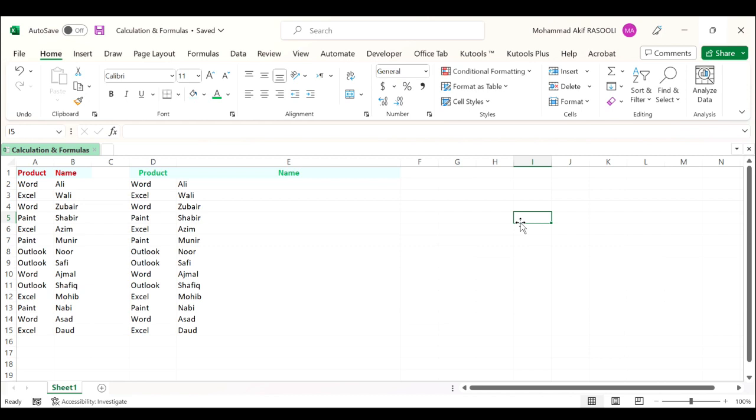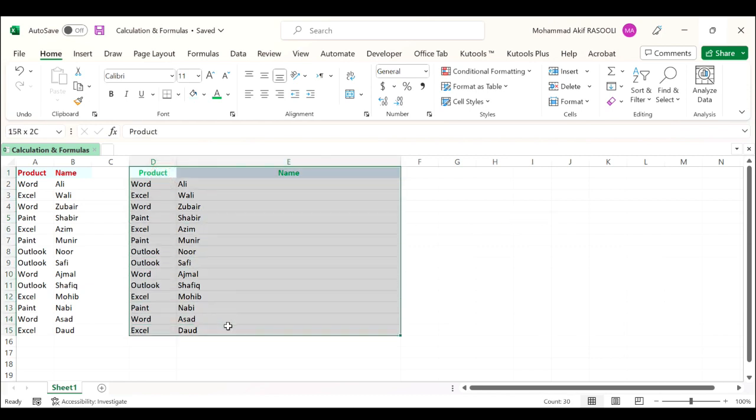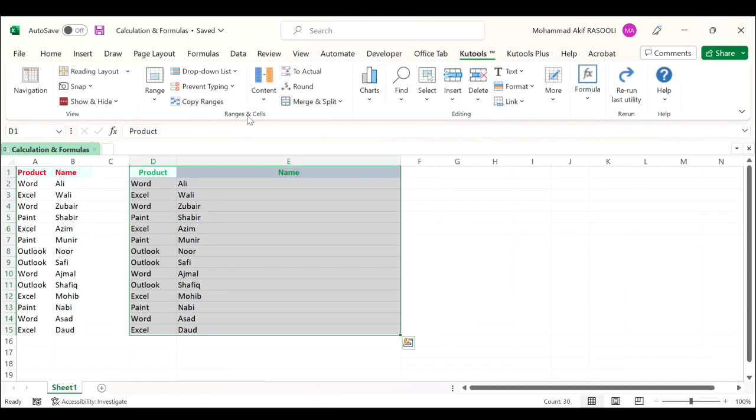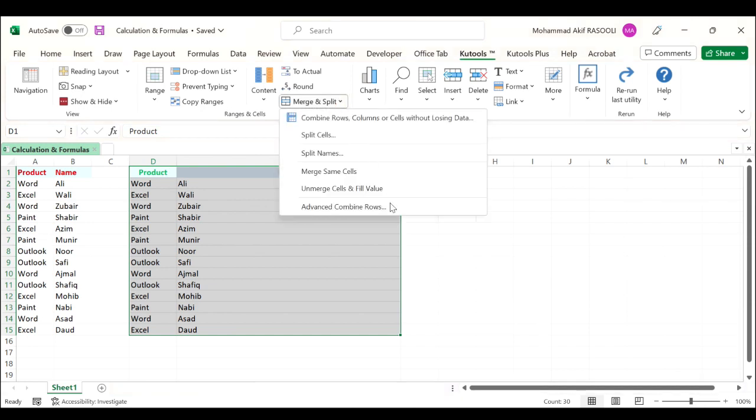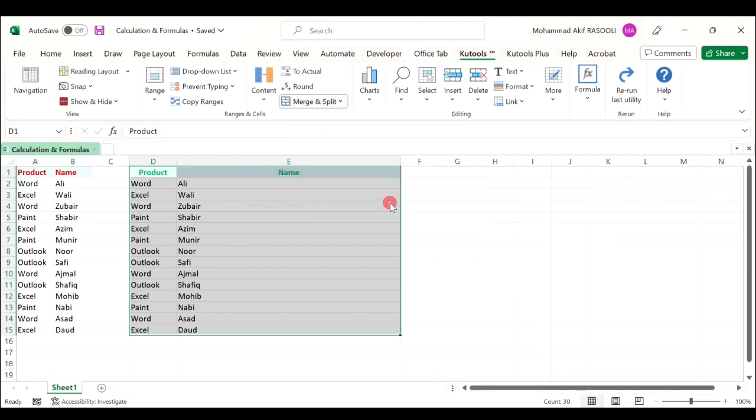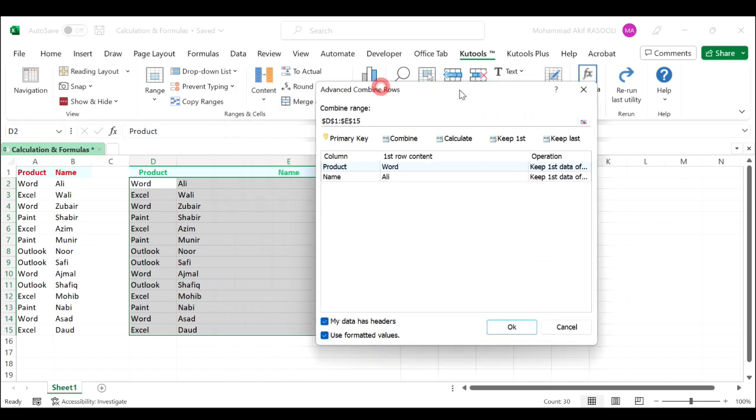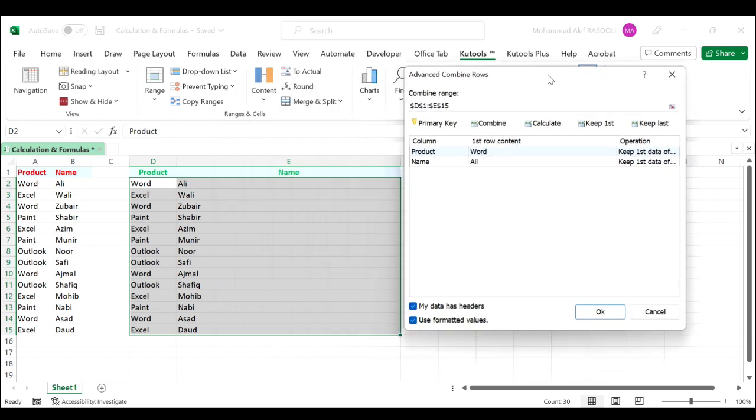Select the data range that you want to combine all matching values based on a column. Click the Kutools tab. In the Range and Cells group, click the Merge and Split drop-down list and select Advanced Combine Rows option. In the Advanced Combine Rows dialog box,